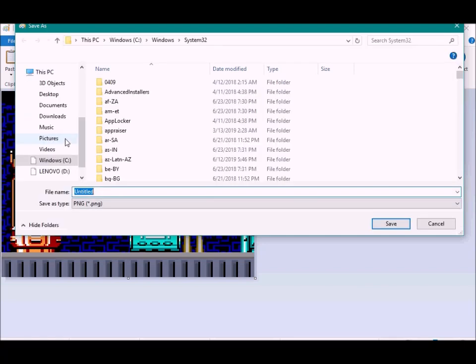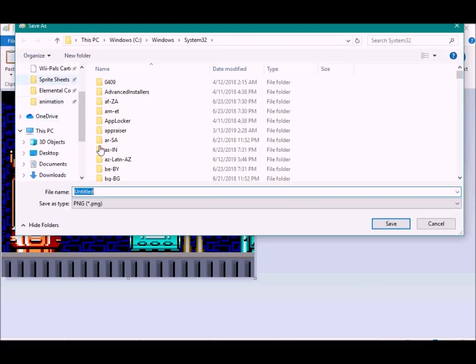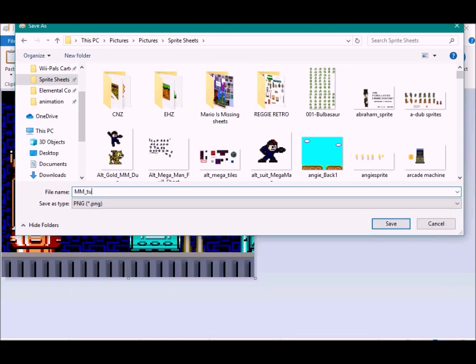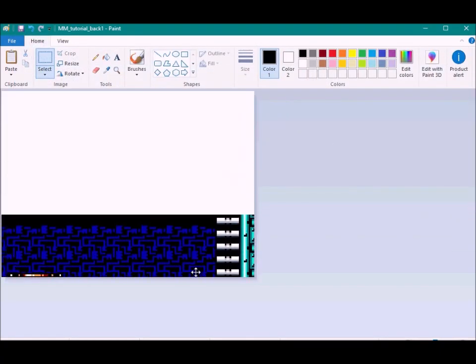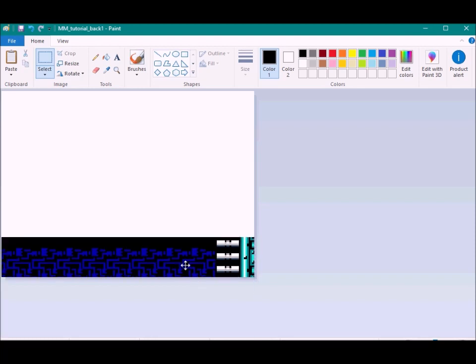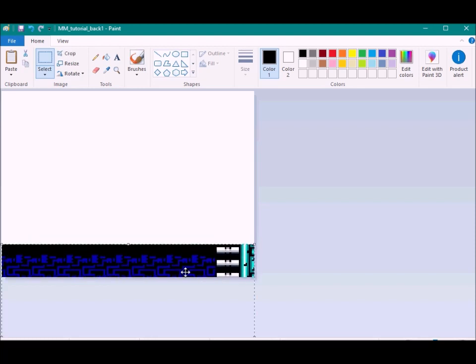There we go. Save as, and put it in the sprite folder, or whatever folder you want to. Not that one. Sprite sheets, and Mega Man tutorial back 1. All right, there's that one. And now I'll do the second part because we're going to drag this down, and Mega Man is going to continue